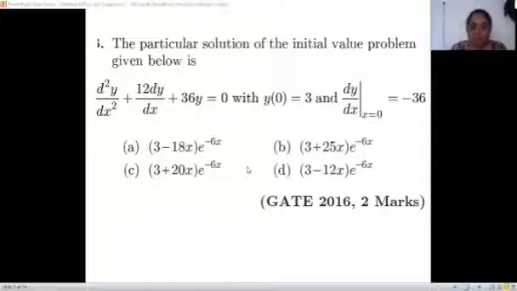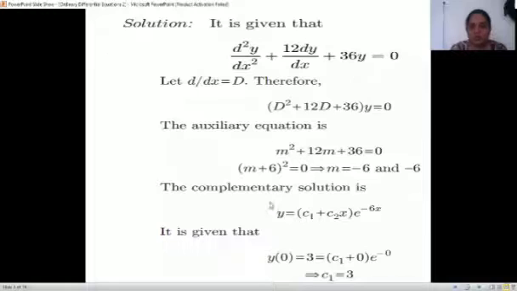Okay, the roots are, let me go to the answer then. For this equation, d by dx we call capital D. As we know, in an LDE we have to call the derivative term capital D. That's why we are getting D square plus 12D plus 36y is 0. This is the equation we got, and from it we have to write the auxiliary equation. That is, we skip the y and equate it to 0, and